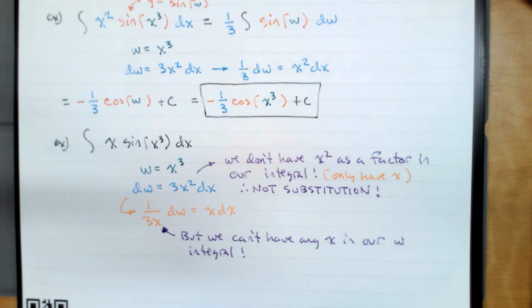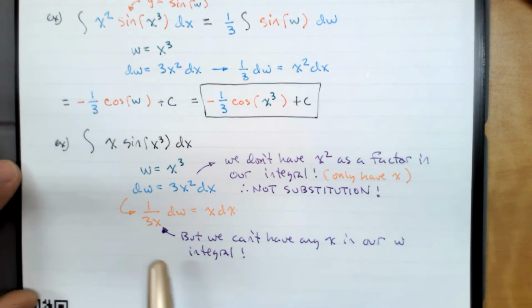So if we tried this strategy, I'd replace x and the dx with a 1 over 3x dw. But now my w integral still has x in it. And if I go back here and say, what if I just make x equal to cube root of w? Now I've created more problems. It's just going to make things worse. It's not that we can't do it. It's just that it doesn't help us. So doing this substitution down here,